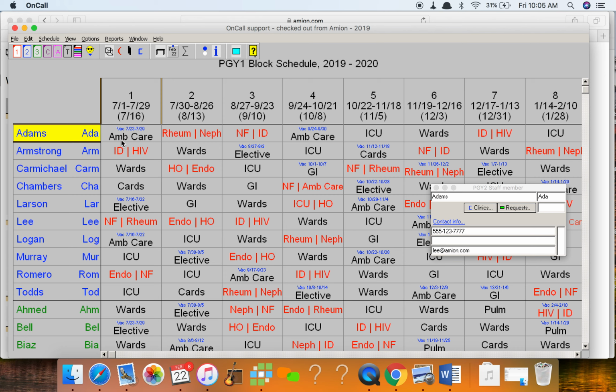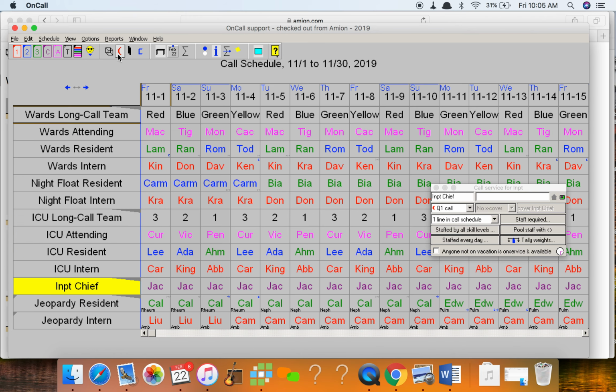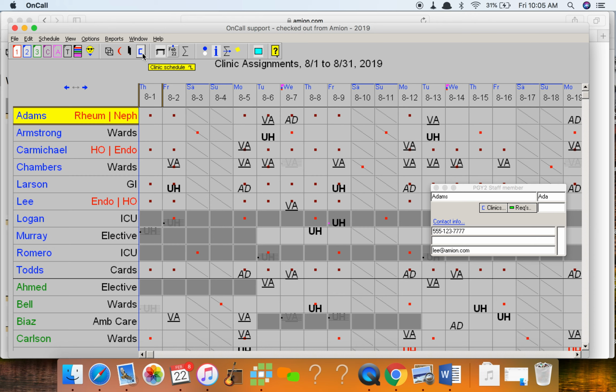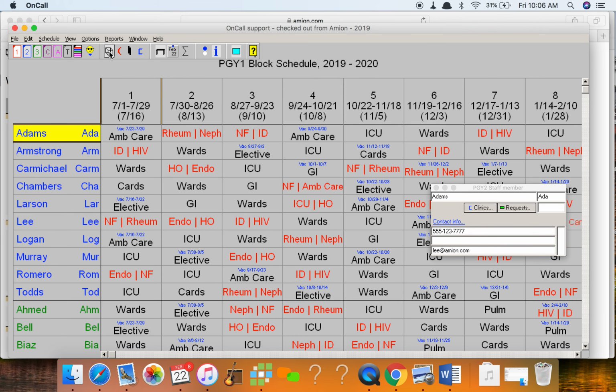And as a resident rotates through internship and all the different years, they spend about a month, maybe a little more, maybe a little less, on a different service. And then depending on the service they're on, they might take a certain kind of call each night, certain kind of shift work each day, or clinics, AM, PM, maybe evening as well. And those call, shift, and clinics are all tied to the rotation that you're on.